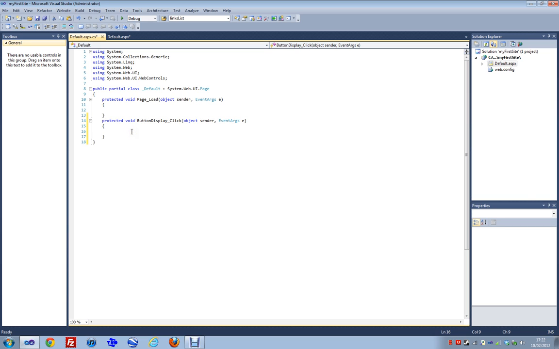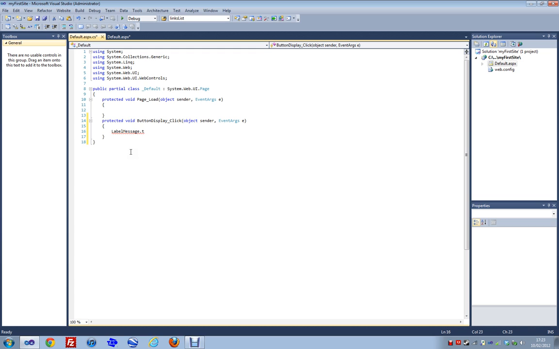So when the button gets clicked by the user, this event, this function is going to occur. And what I want to do is to type my name into the text box, click the button, and have my name with some other message be displayed in the label. So here we go with our first little bit of C# code. I am going to say in the label L-A-B. Now I've started to type the name of the label, and what's come up on the screen, it may or may not be rendering on your video, is a number of suggestions, and I'm going to scroll down and click on label message. That's the name of the label I gave earlier on,